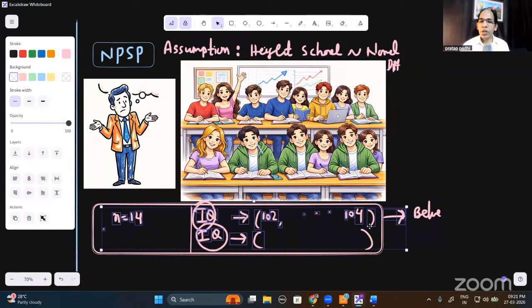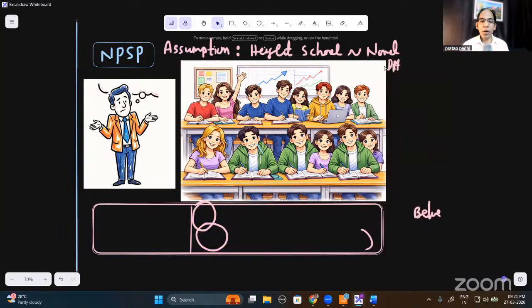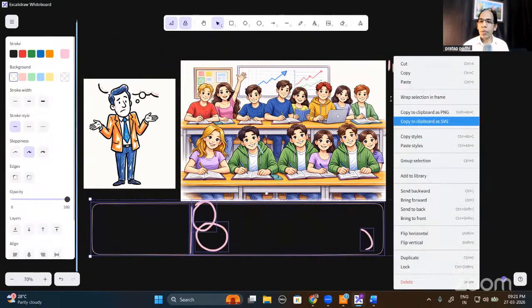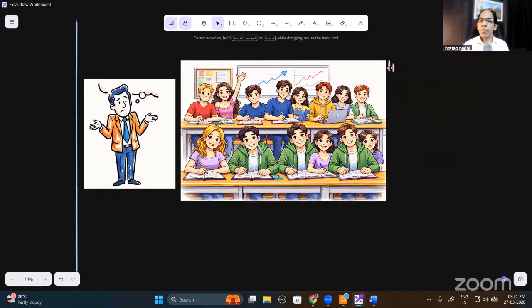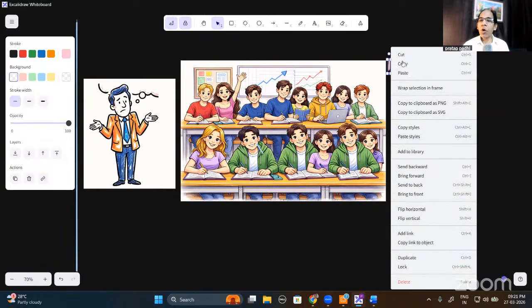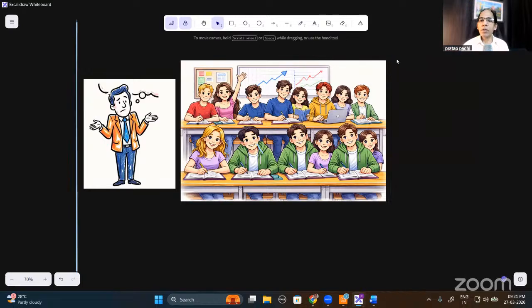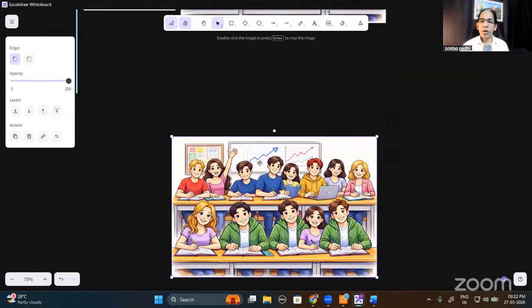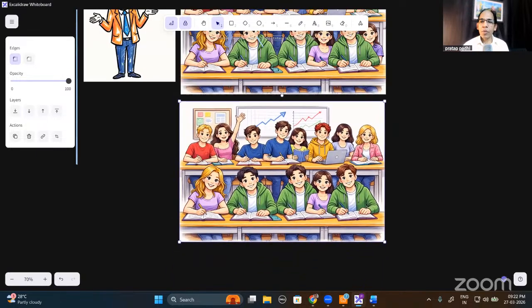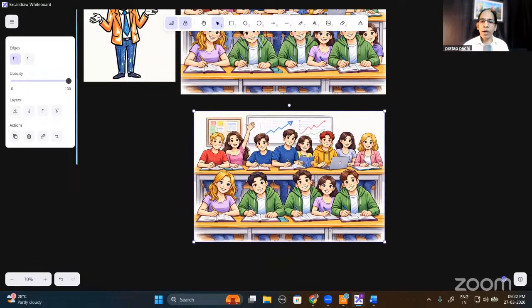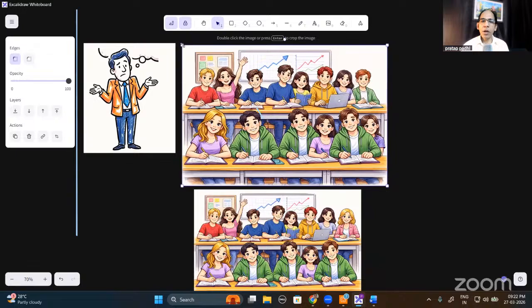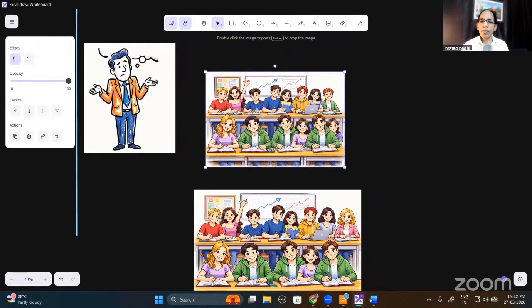Now we'll go to this, the last one probably. We see whether we can apply a contingency table, the chi-square contingency table, if you know. Whether we can apply that kind of test here or not. So for that, we need to go to different rooms. We want to know whether the proportion of boys and girls is the same or not. So we'll go to another one. This is another classroom, so now we have two. This is a classroom and this is another classroom. You combine both classrooms' students, boys and girls.